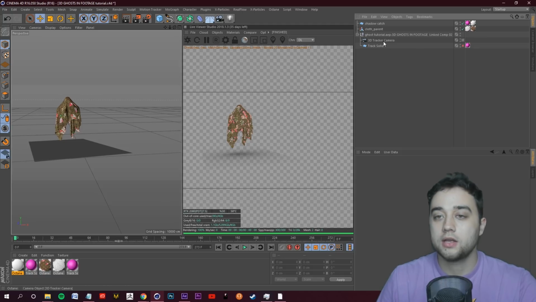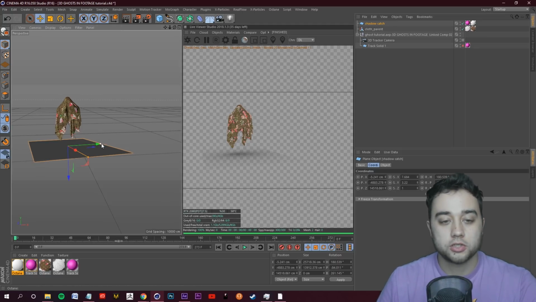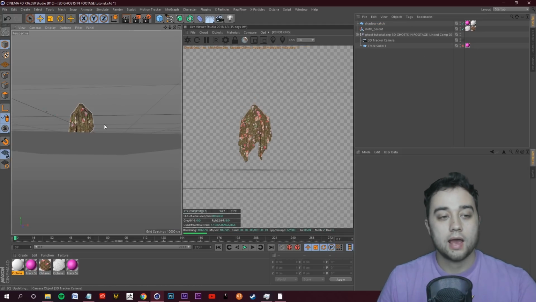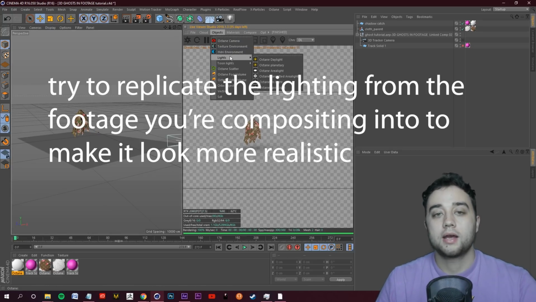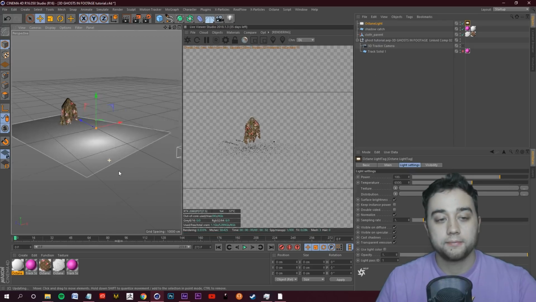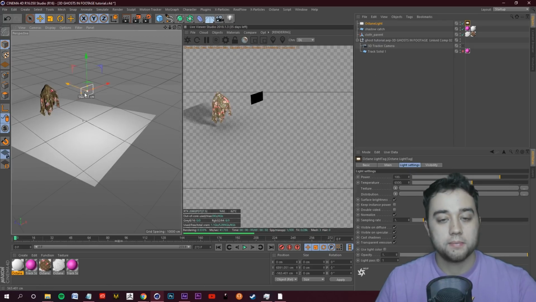And if you want to get rid of that edge, you guys can just grab the plane and try to extend. You guys can add any lighting. So if I want to add some highlight onto this, I'll go to objects, lights, octane area light. And if I just expand this a bit,